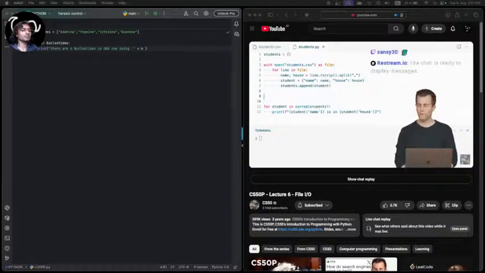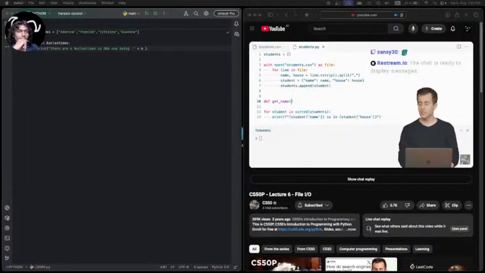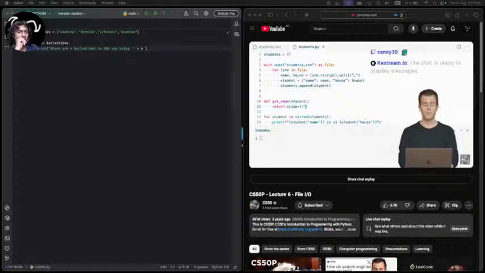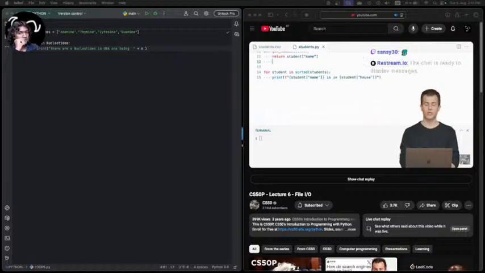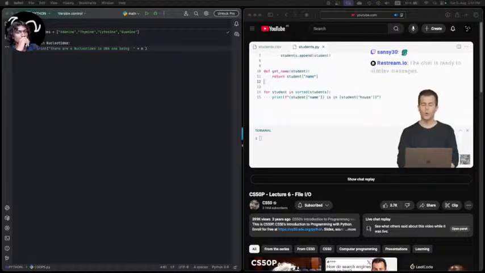I'm going to first define a function temporarily for now called getName. And this function's purpose in life, given a student, is to quite simply return the student's name from that particular dictionary. So if student is a dictionary, this is going to return literally the student's name. And that's it. That's the sole purpose of this function in life. What do I now want to do? Well, now that I have a function that, given a student, will return to me the student's name, I can do this. I can change sorted to say, use a key that's equal to whatever the return value of getName